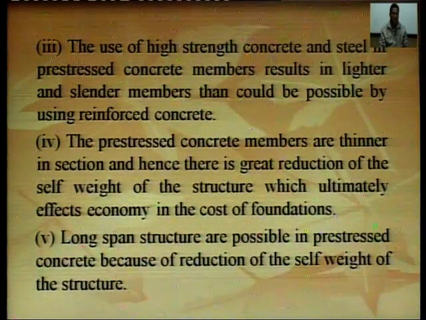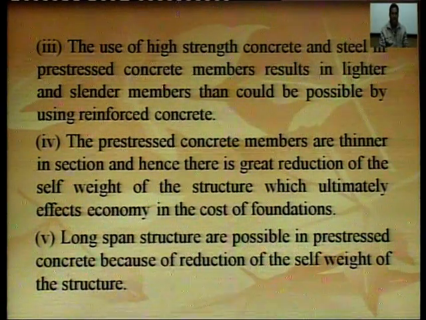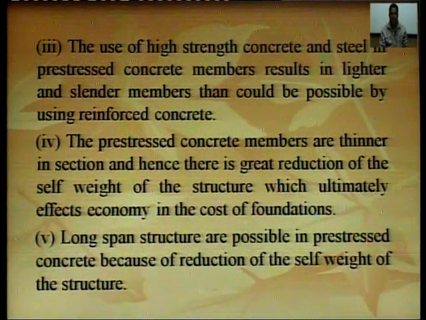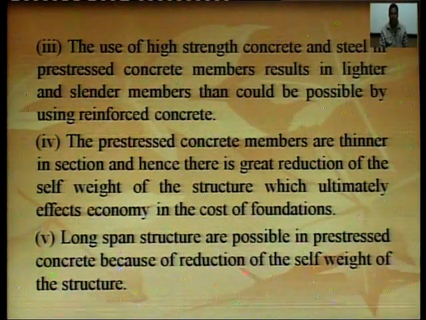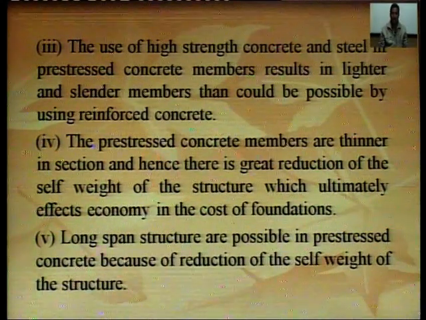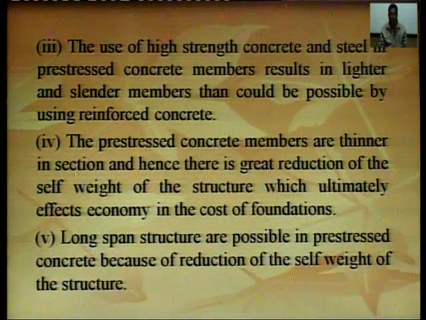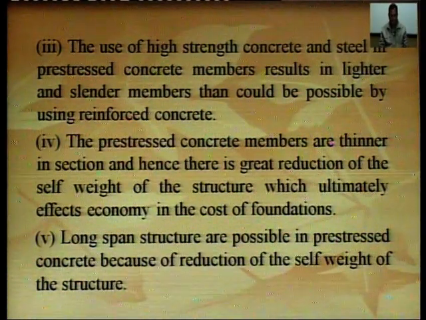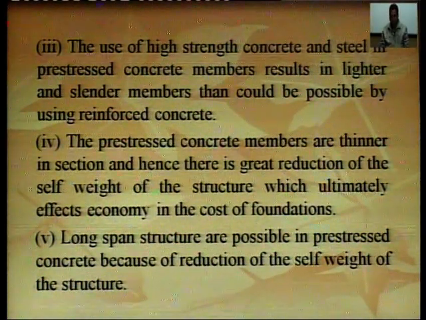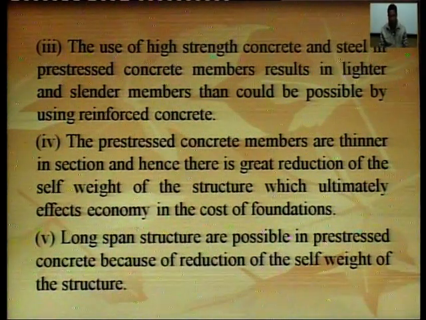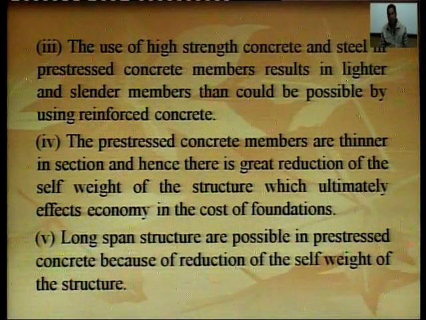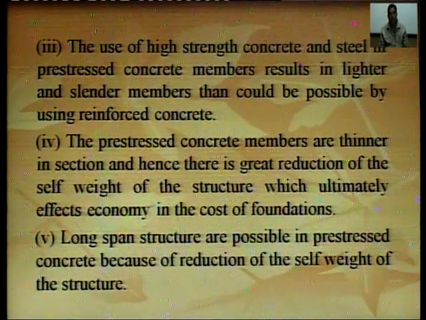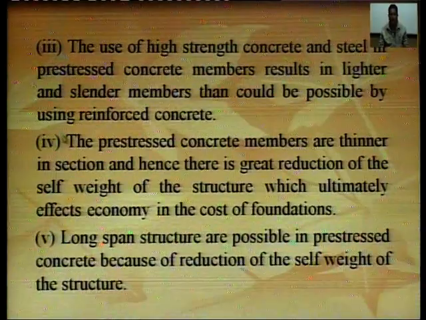Third advantage is the use of high strength concrete and steel in pre-stressed concrete members, which results in lighter and slender members that could not be possible by using reinforced concrete members. So, pre-stressed concrete members are lighter in weight. Next advantage, the pre-stressed concrete members are thinner in section